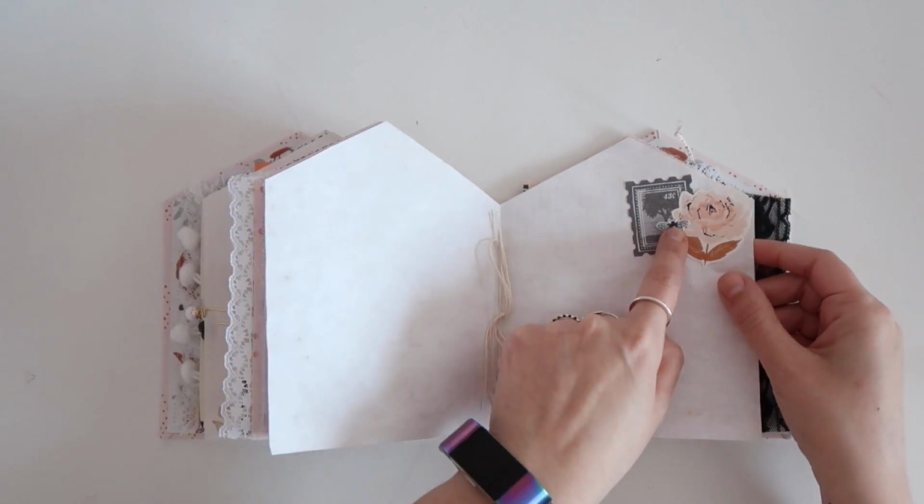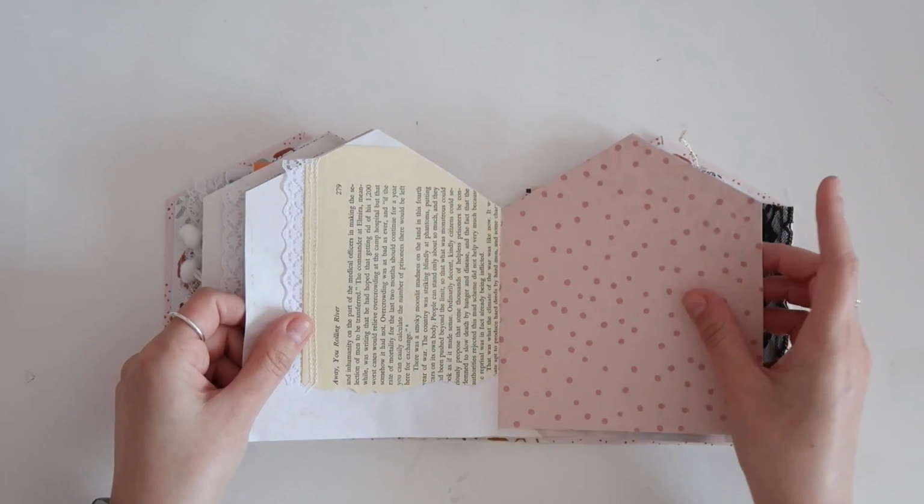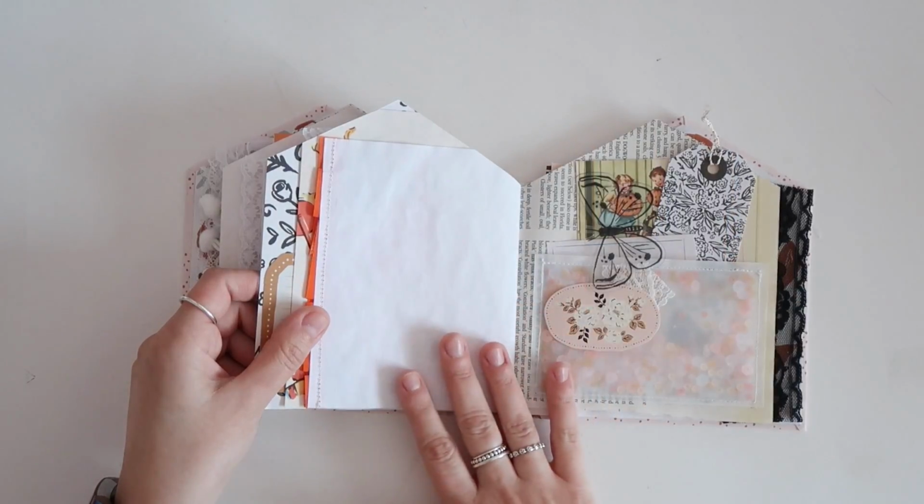I love this little cluster, and she put a bee. So fitting. So cute. Oh, I'm loving it. Thank you so much for creating this for me. Oh, look at all the